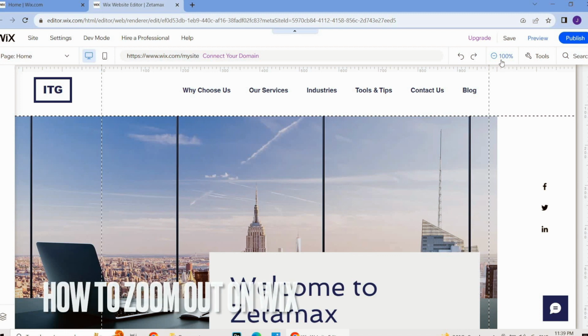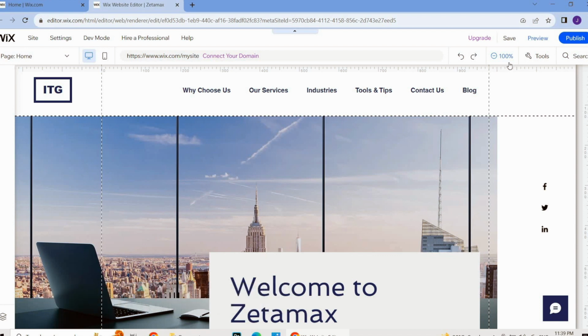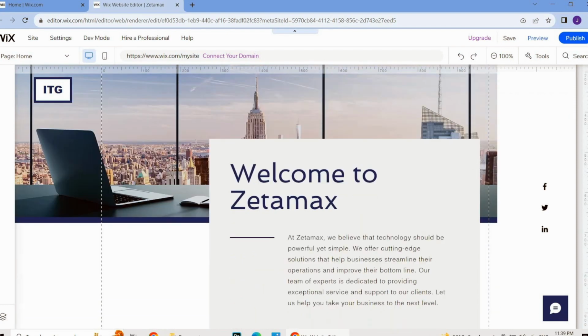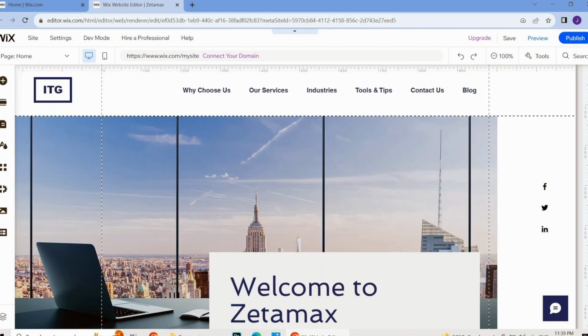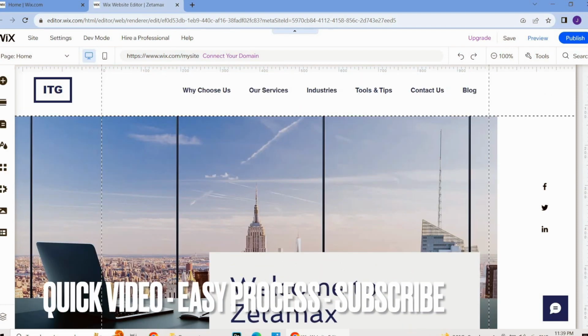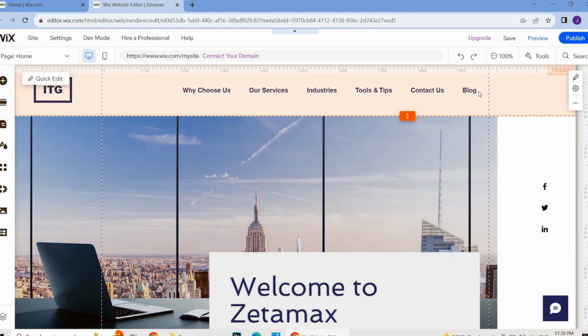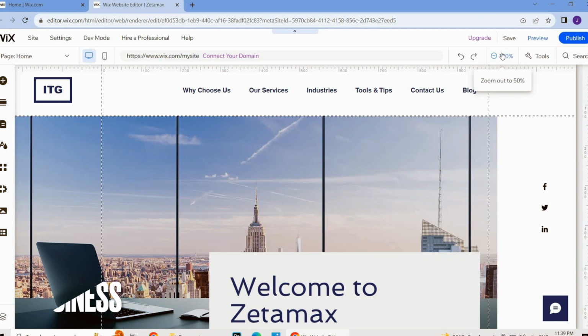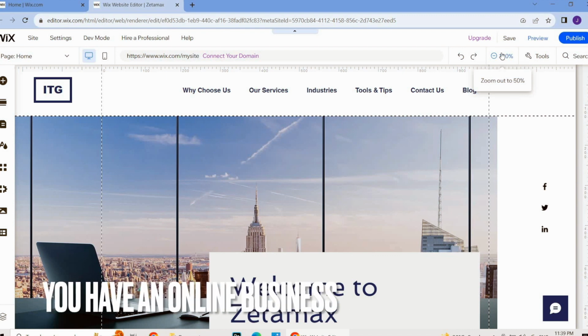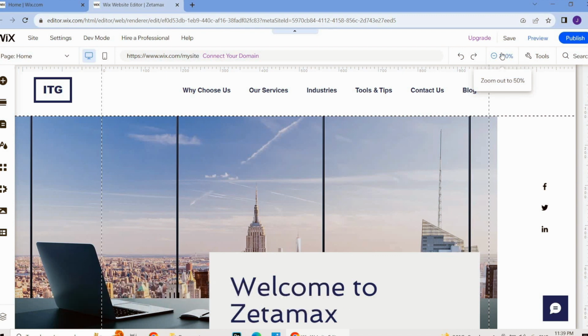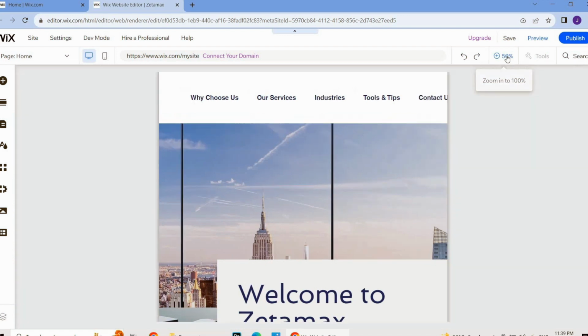In this tutorial we are going to talk about zoom out on Wix.com. Guys, if you created a website on Wix.com and now you want to see this window in zoom out mode, then how will you see? So you don't need to be confused about that. Simply you have to click on this zoom out button. Just simply click on it and then you will be able to see your website in